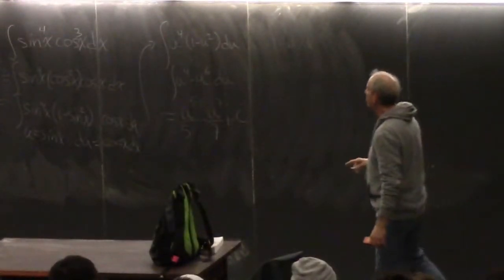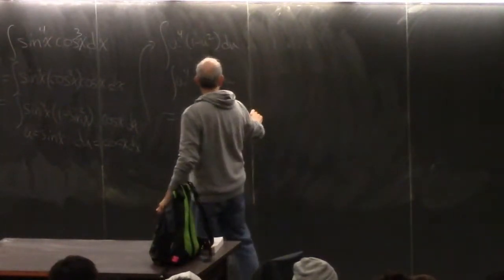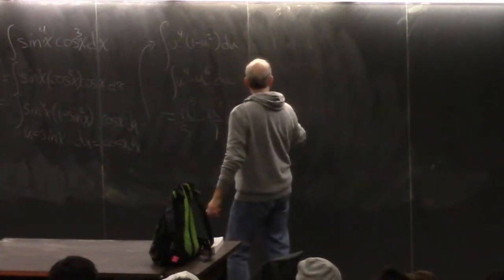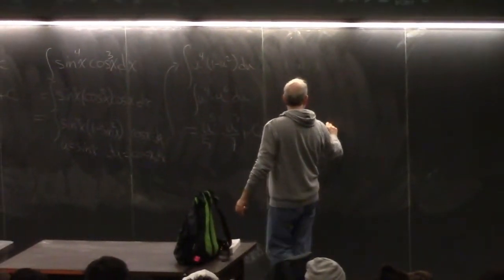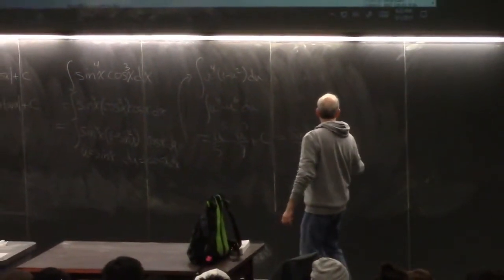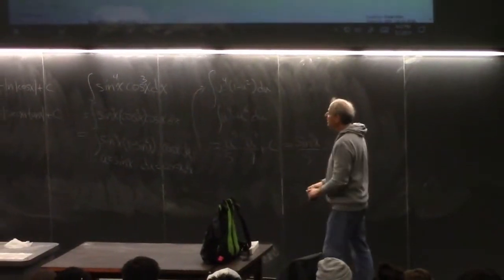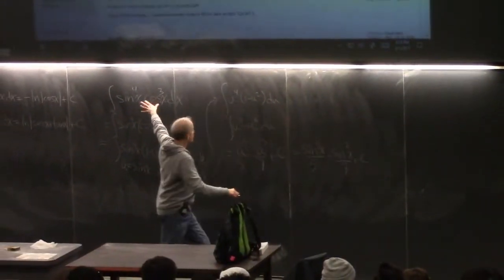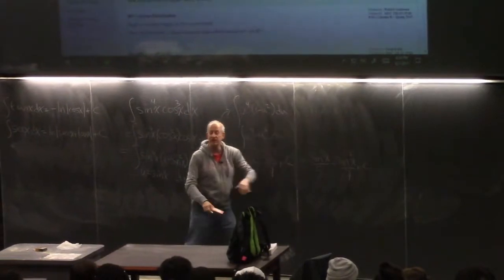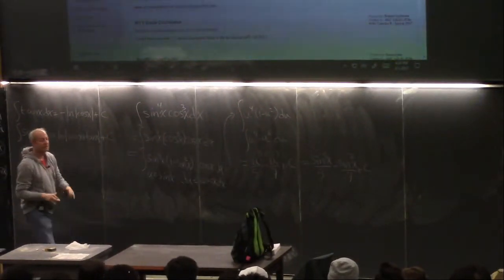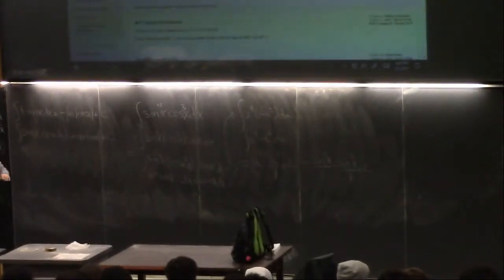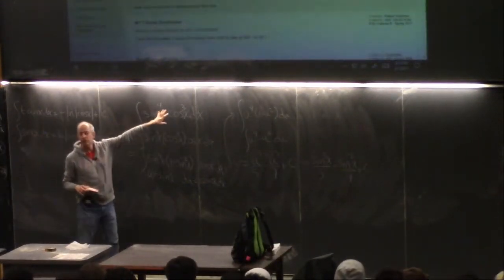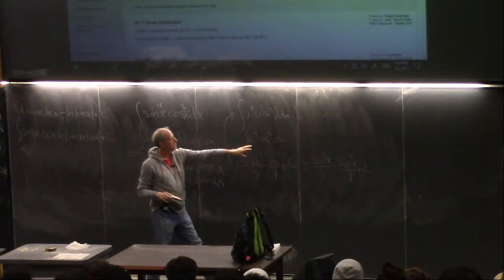Now we substitute back. So this is sine to the fifth x over 5 minus sine to the seventh x over 7 plus a constant. And you would never have looked at this and said, oh, it's going to turn out to be that. Okay? So as I said, part of what makes integration so difficult is there's no intuitive way to look at this and turn it into that.